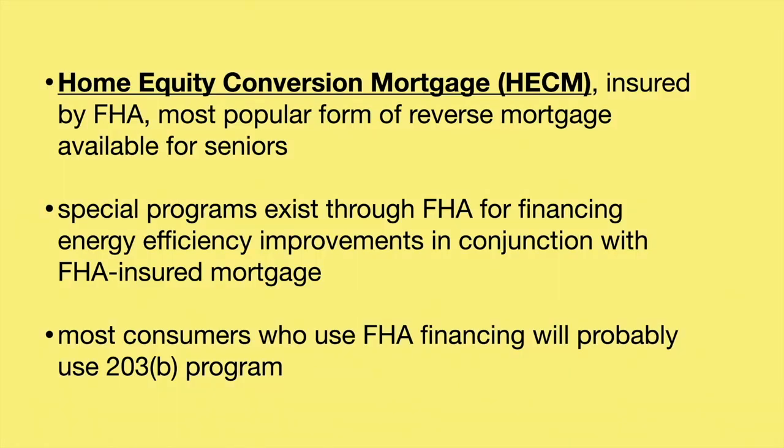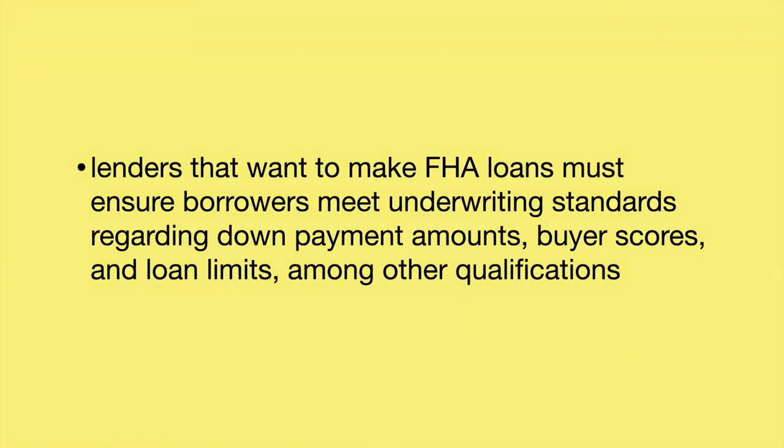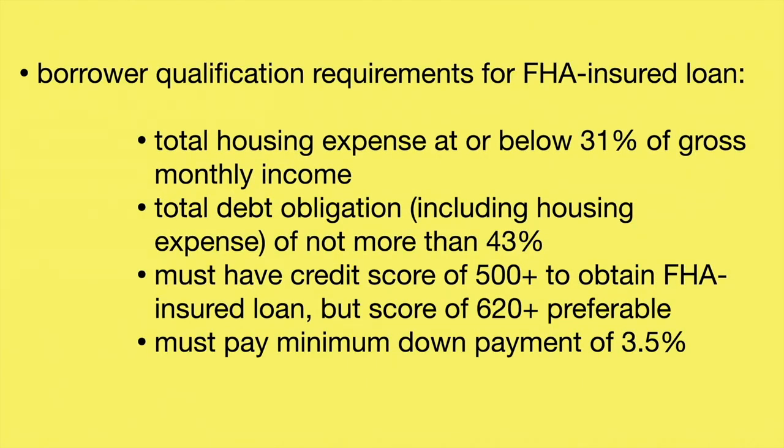Most consumers who use FHA financing will probably use the 203(b) program. Lenders that want to make FHA loans must ensure that borrowers meet underwriting standards regarding down payment amounts, buyer scores, and loan limits, among other qualifications. Borrower qualification requirements for an FHA-insured loan are total housing expenses at or below 31% of gross monthly income and total debt obligation, including housing expense,